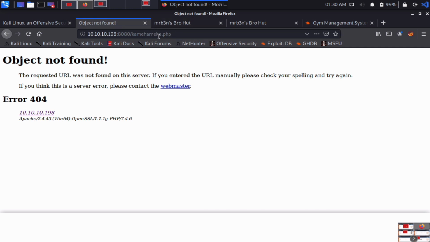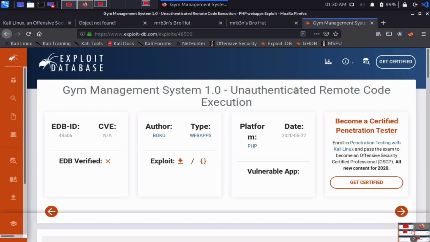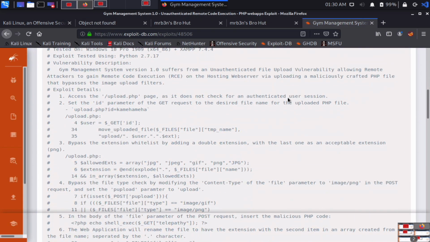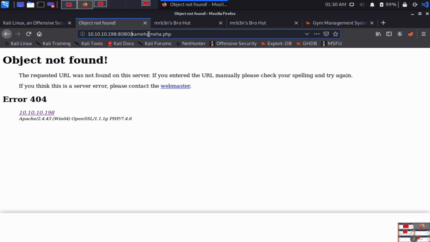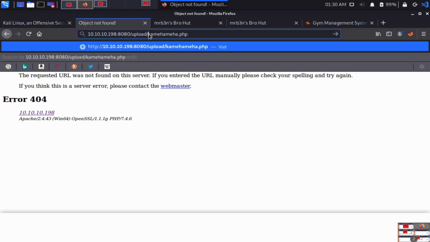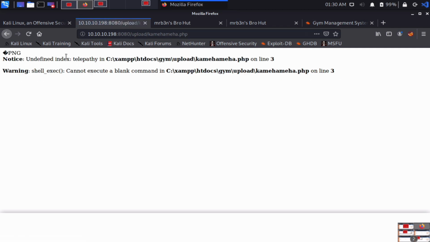Let me check what exactly it is here. Again go to the payload and let's identify what we can write instead of this. If we can find any clue, we can do something. So we will upload this, we have a PHP file, then upload, then slash this one, right? So upload then slash. Let me go here and check. In my case I had not written upload, so it is upload slash. Let me try this. This makes sense also. So after upload, yes, it is working. See the PNG image here, and it is done.